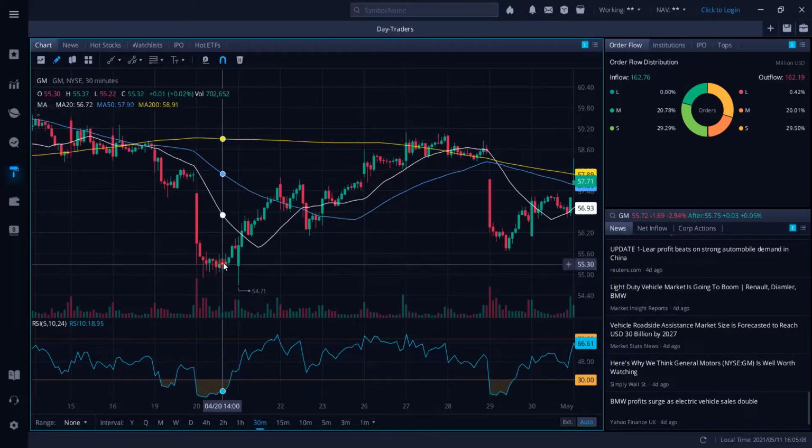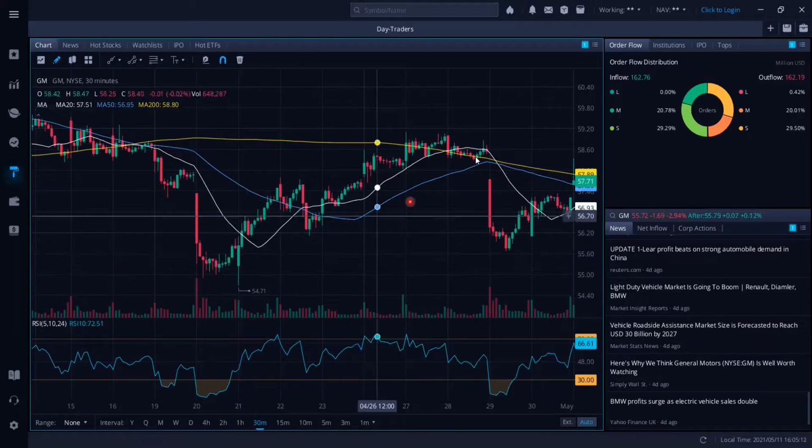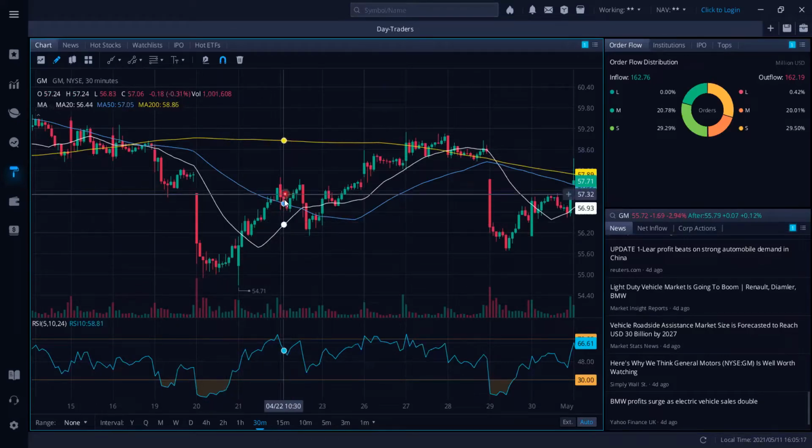So what we see right here, many people struggle to identify methods of getting in and out of